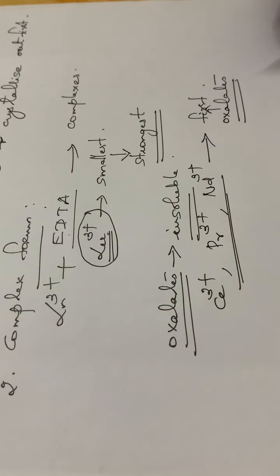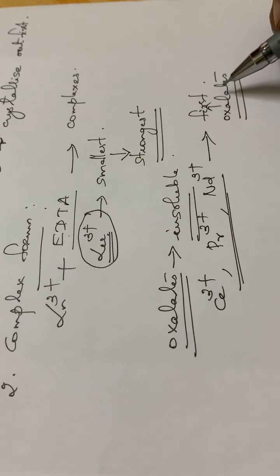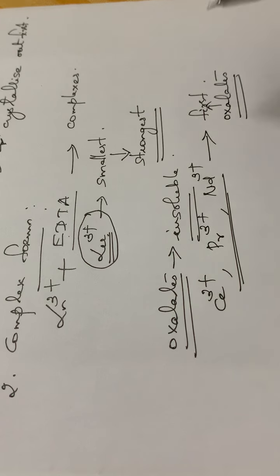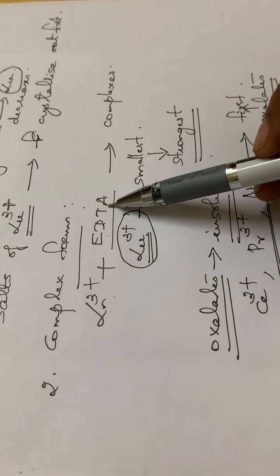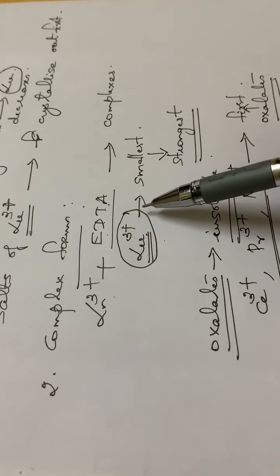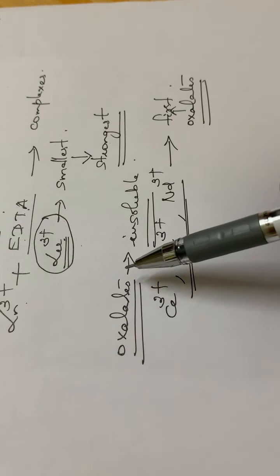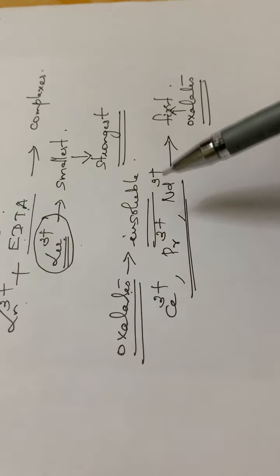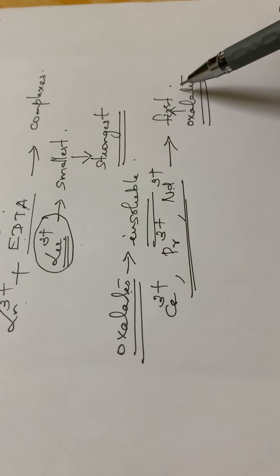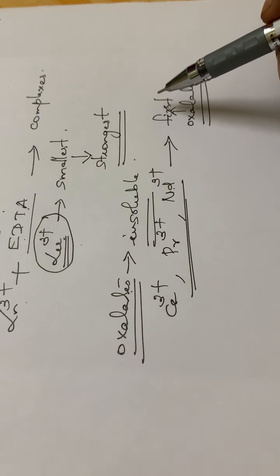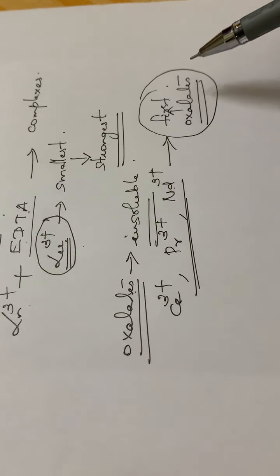So we can separate these complexes, then they are filtered off, and we can separate these three from the solution. This process we have to continue many times. At first, the lanthanum ions are complexed with EDTA. While forming complexes, the smallest ion forms the strongest complex. The lanthanides are taken in the form of oxalates, which are insoluble in water. So the cerium, praseodymium, neodymium, etc. form complexes, and we can precipitate out these complexes first.